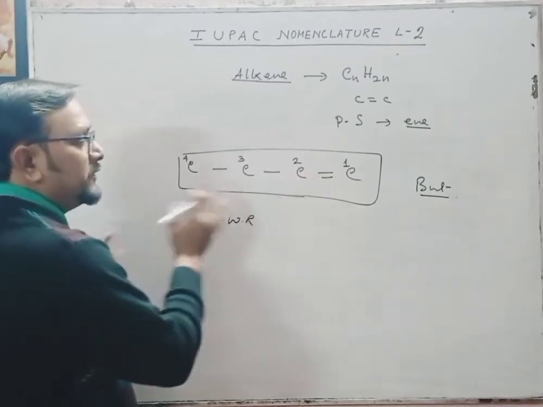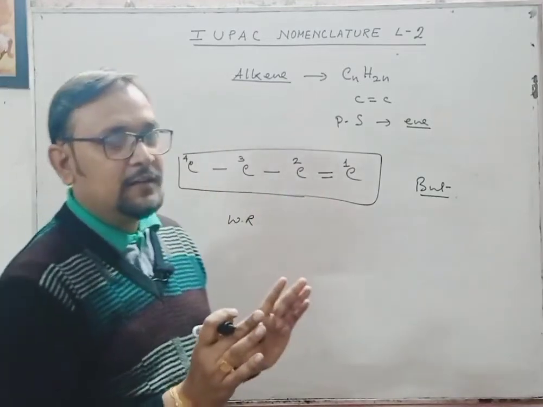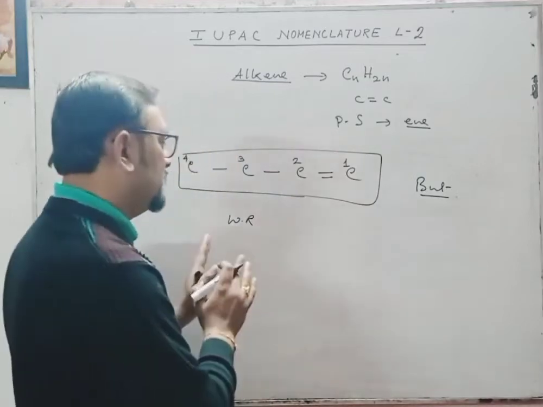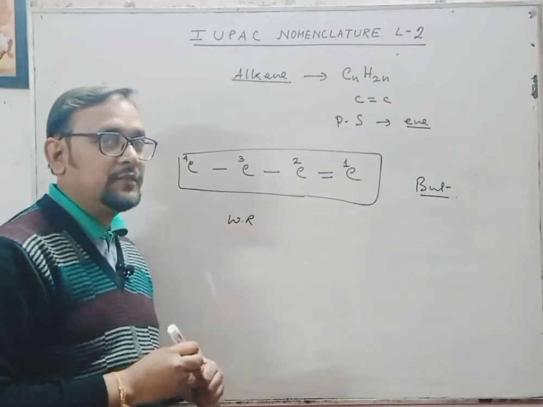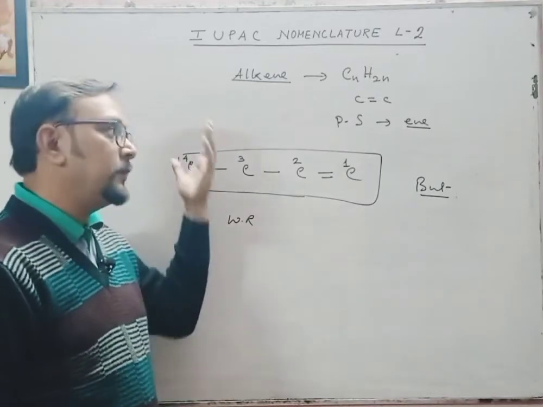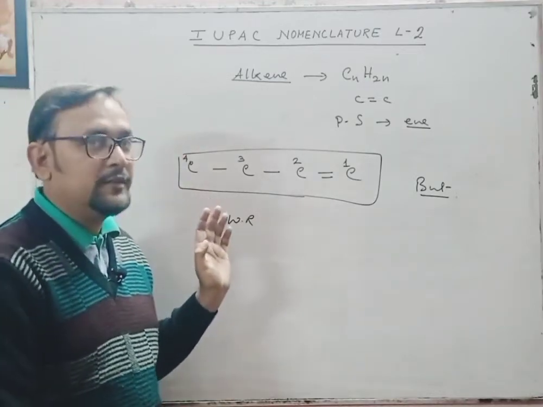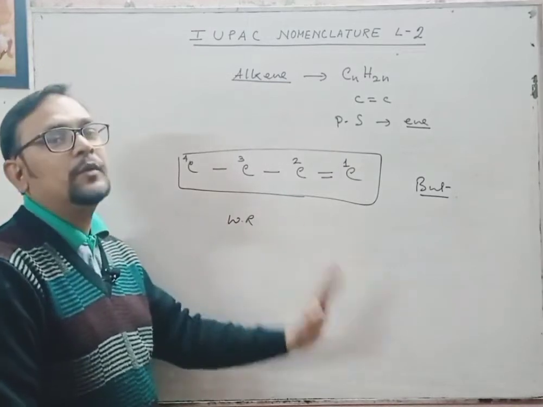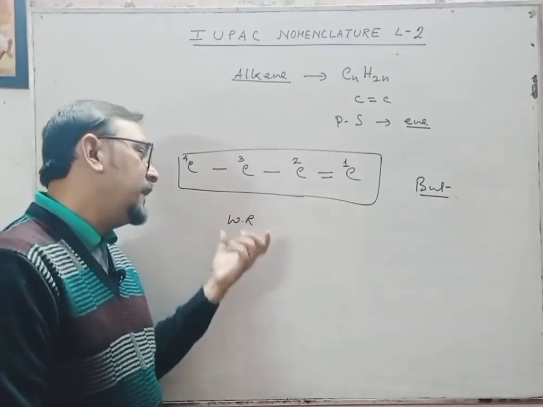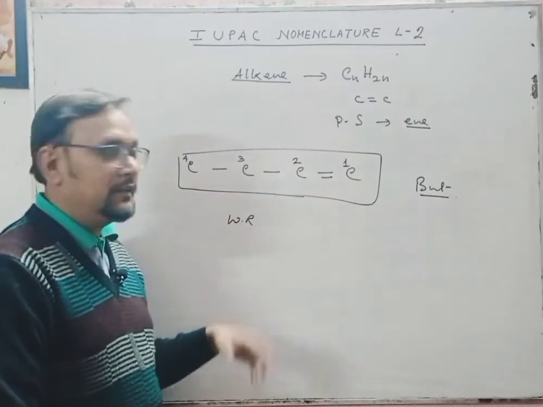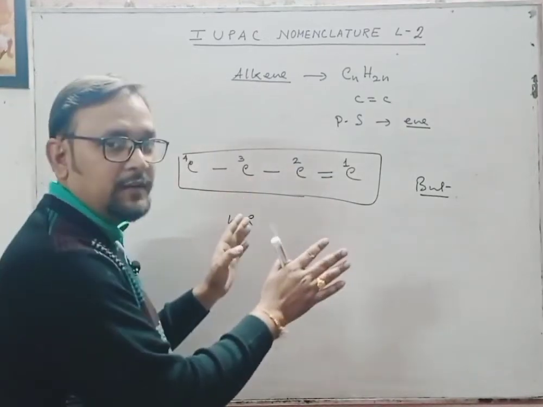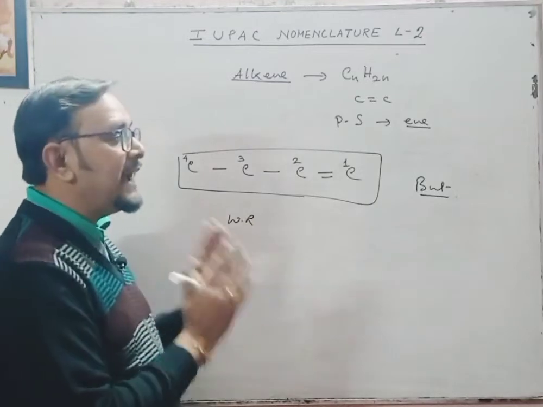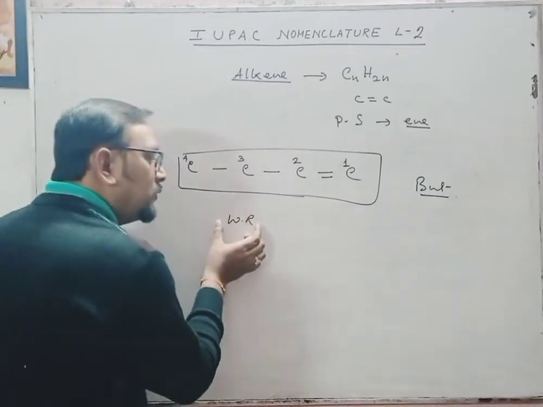If no substituent or other things are given, then only you go for this. Because here I have not taken any substituent. If I had taken any substituent, then we have to follow the previous rule whatever we have discussed. You have to write the name of the substituent first, and then finally end up with this. But in this case, since there is no substituent, directly we are writing the word root